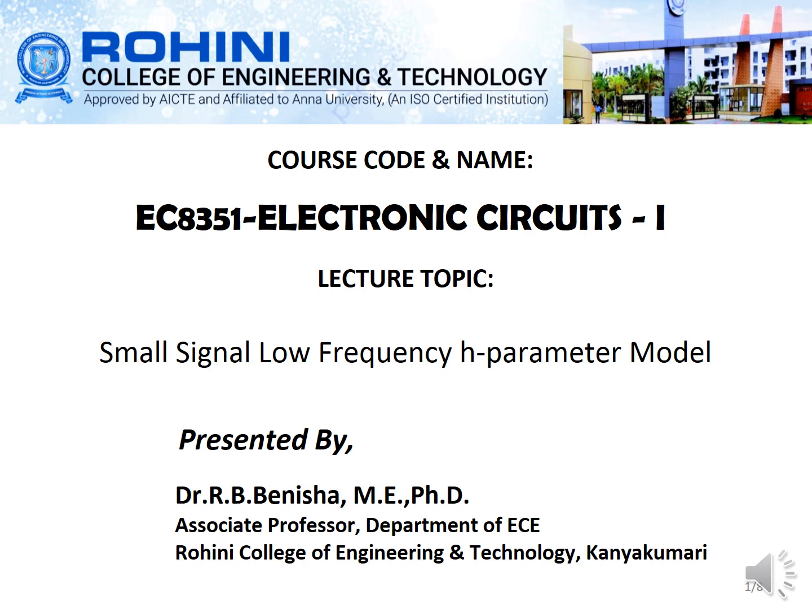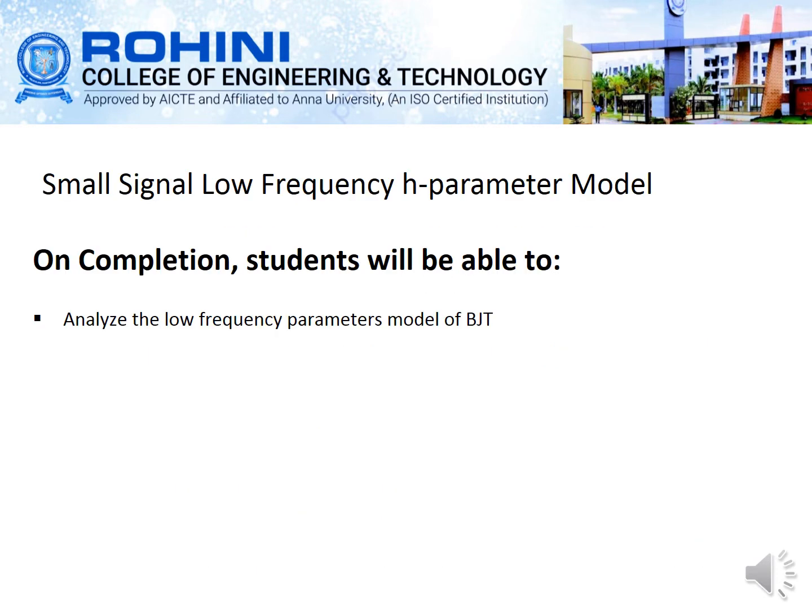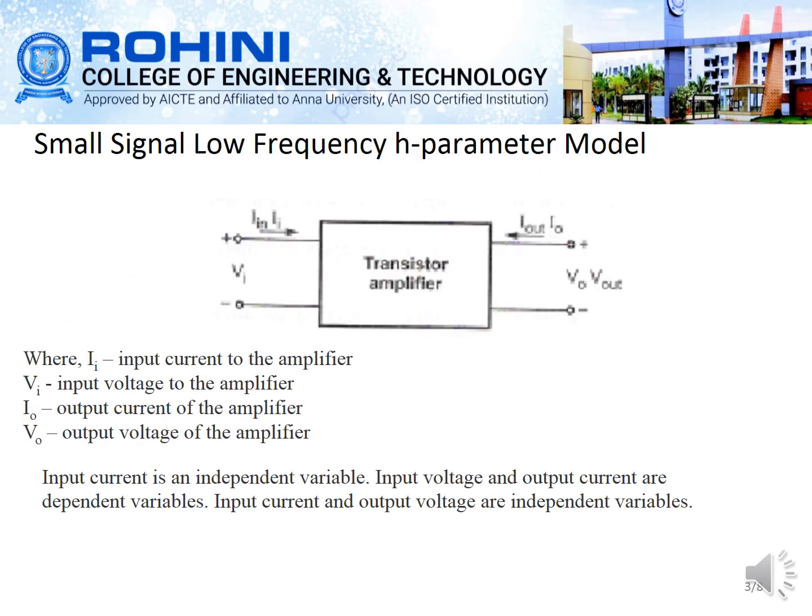In this video, we are going to discuss the small signal low frequency H parameter model. After the completion of the small signal low frequency H parameter model, you can analyze the low frequency parameters model of BJT. In the small signal low frequency H parameter model, we are taking the transistor amplifier, and we know the input current is Ii and voltage is Vi, and the output current is Io and the output voltage